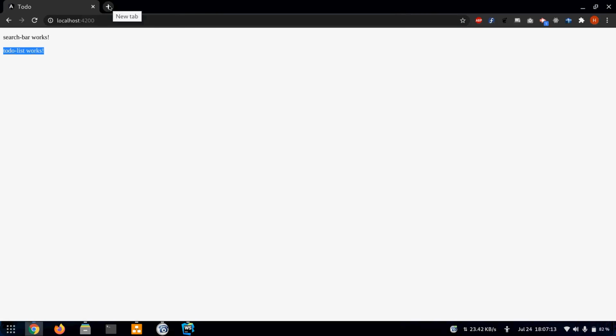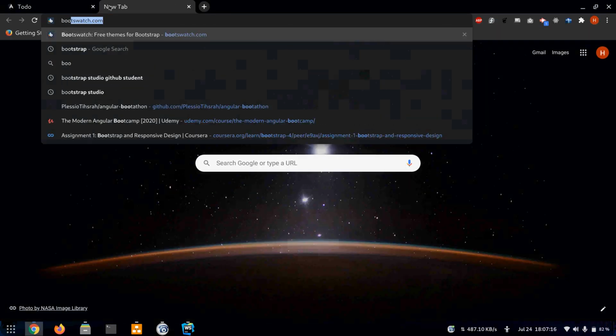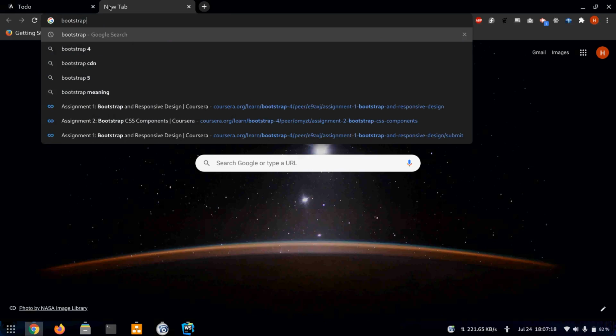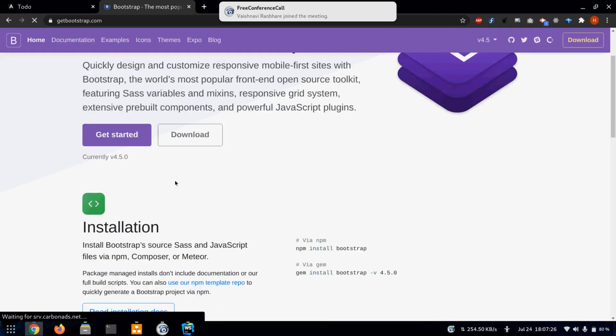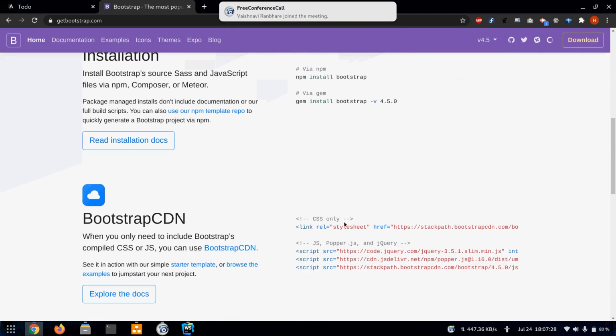So today for styling we are going to use Bootstrap. So I'll just Google Bootstrap and I'll open the first link that says the most popular CSS. Okay, so I'll go on top and I'll grab this link that says CSS only.